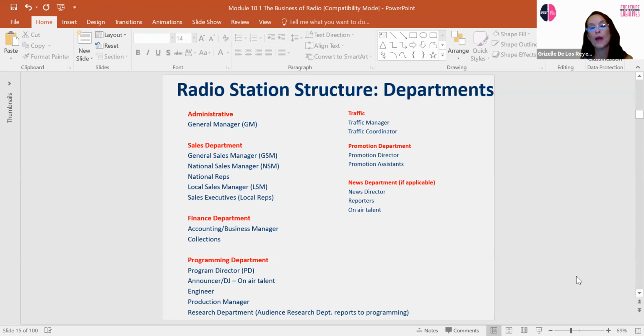what day parts are sold out. That comes from traffic. Then you have promotion, because remember, radio is a highly promotional media. So you have promotion director, you have assistants, and then you have news. Remember that,